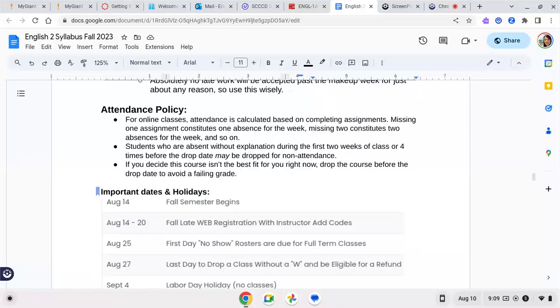Attendance policy. For online classes, attendance is calculated based on completing assignments. Whenever you miss an assignment, that constitutes one absence for the week. If you miss assignments early in the semester, I may drop you for non-attendance. So if you know that you have to miss an assignment and it is before the drop date, make sure